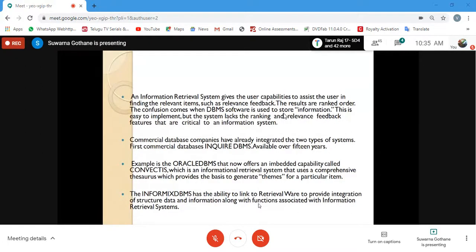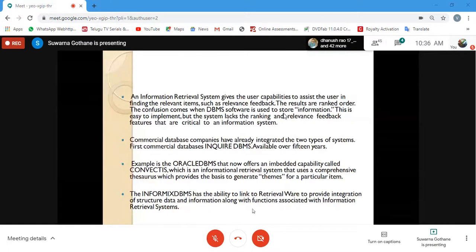The relevance feedback option is not available inside your DBMS. Whereas for the search engine or the IRS, we have this option to specify our response, our satisfaction, in the form of reviews, bookmarking the particular page, ratings, or writing some descriptive text. So we can rate or specify our likes and dislikes, and based on that, the feedback is going to be considered.